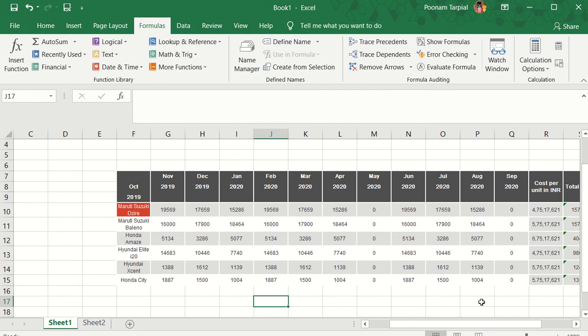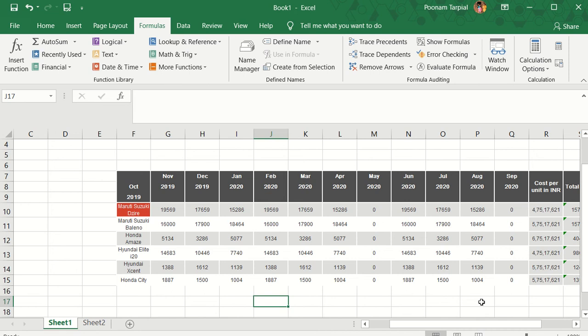Now, normally when we work on an Excel sheet, the data is huge, and sometimes we want to put a certain parameter on it, so that if I'm looking for one particular aspect, it should be clear there in front of me. I don't have to scroll about in the sheets altogether, and that is what the watch window is all about. You can apply this watch window on any function of yours wherever you have put up a formula.